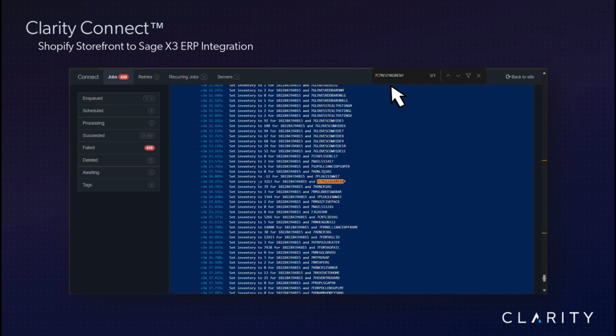Since this product is carried in 3 warehouses, we see it listed 3 times in the log, and on entry 3 you can see now that it's updated the inventory count to 3213, which accounts for the 10 we just bought.